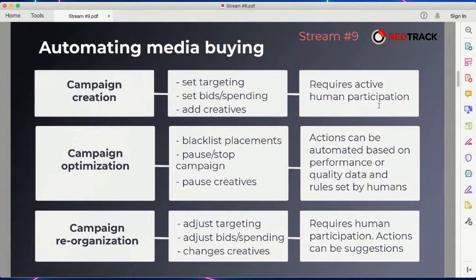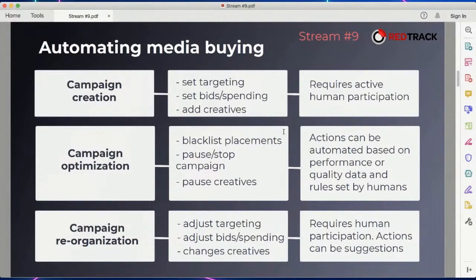Now, between those two very important steps, two things are happening: daily micromanagement. Out of all the tasks that happen on a daily basis, there are basically four: blacklist placements that are not performing, pause creatives that are not performing, manage bids, and pause the campaign itself because it's not working. Why is it mostly pause and blacklist? Because those changes are important to prevent you from losing money.